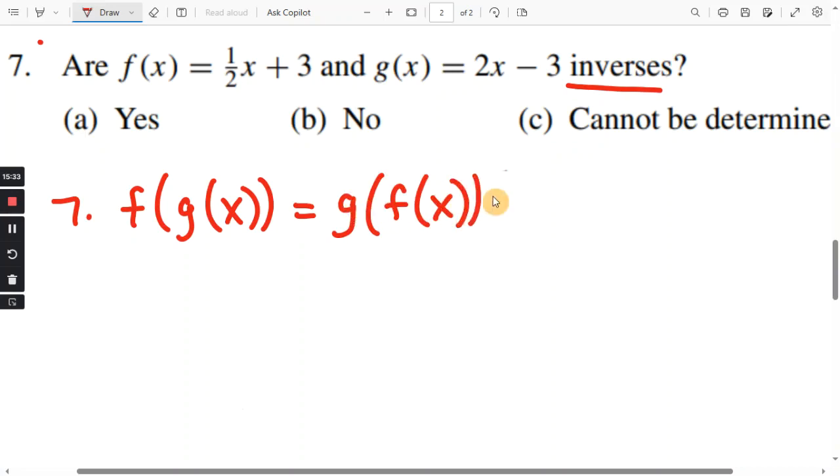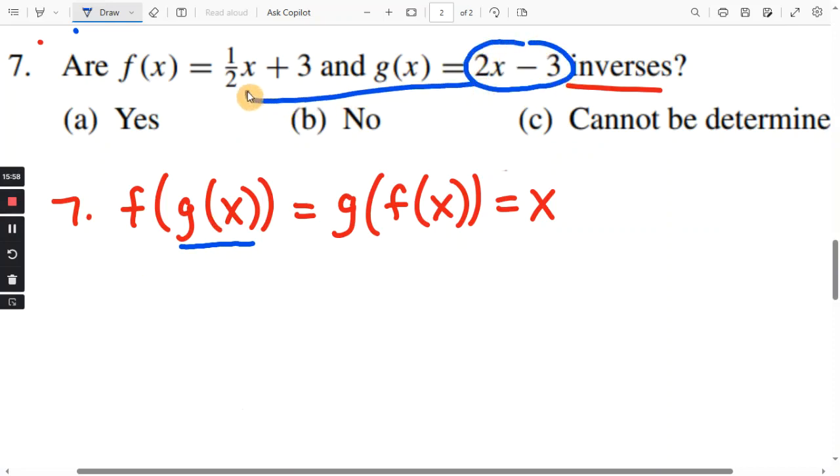And in both cases, you have to get x. So it has to be both of those. So let's try f of g of x first. f of g of x means we're plugging in g of x in place of x for the f function. So if I took this right here